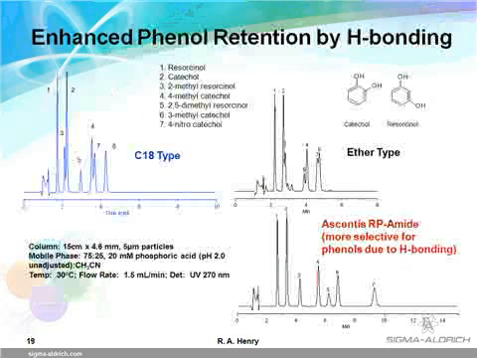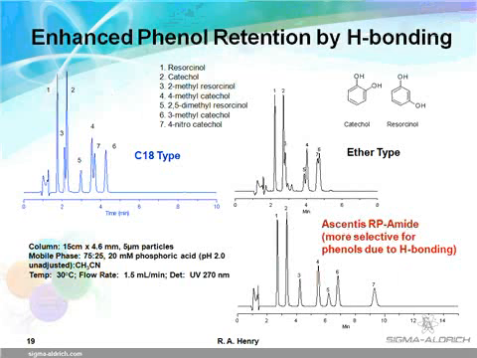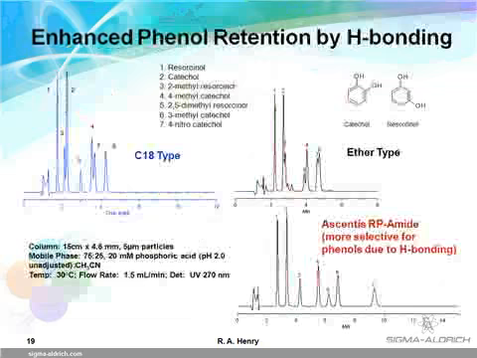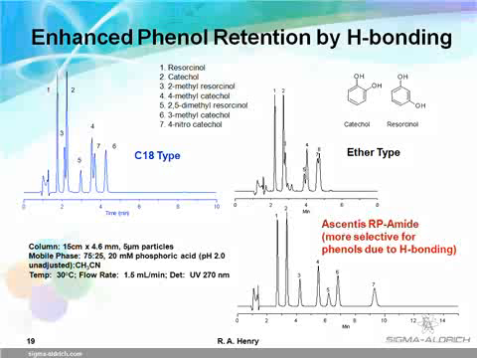The data in the next slide clearly shows that the RP Amide column is more retentive and selective for catechols and resorcinols under these conditions. The EPG phase that contains an ether group is only slightly different in retention and selectivity from a straight-chain C18 phase because ether does not have the ability of an amide group to hydrogen bond with the phenolic group. Although comparing an ether phase to a C18 phase may be useful if only slightly different selectivity is needed, the most dramatic results for acids, such as phenols and carboxylic acids, will be obtained with EPG phases that contain an